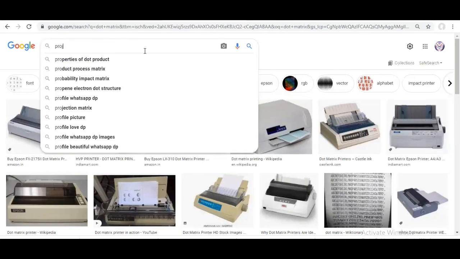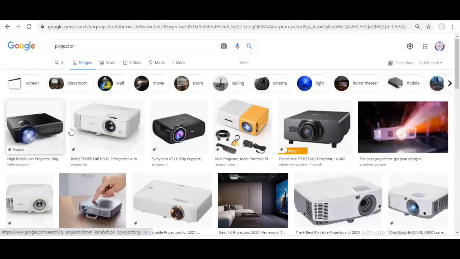Now the projector category of output device. These are different projectors. Here also normal projectors are there, HD projectors, Ultra HD. HD stands for high definition. When you are using Ultra HD or Full HD, compared to only HD, you are getting a sharper and clearer image.